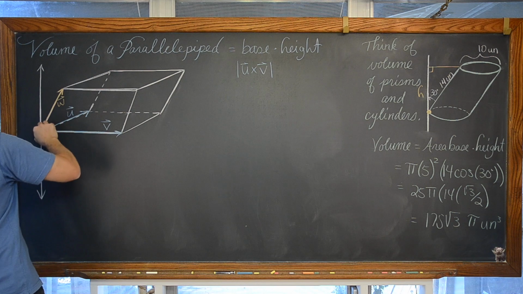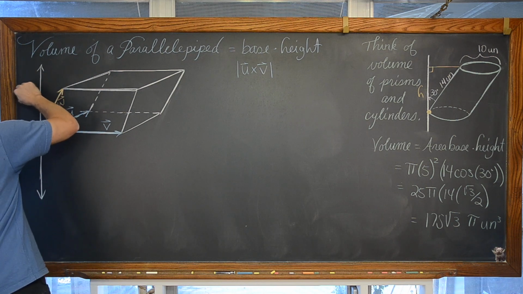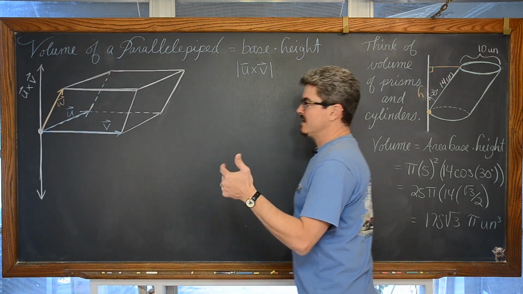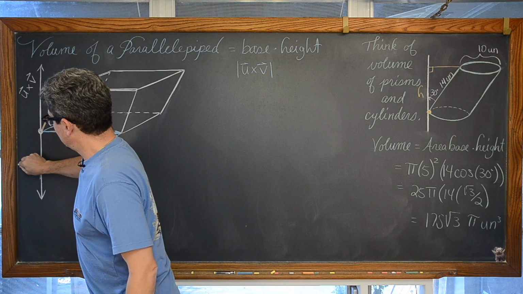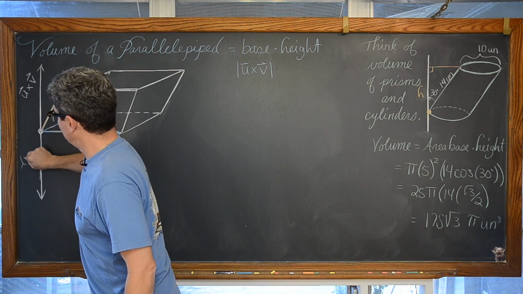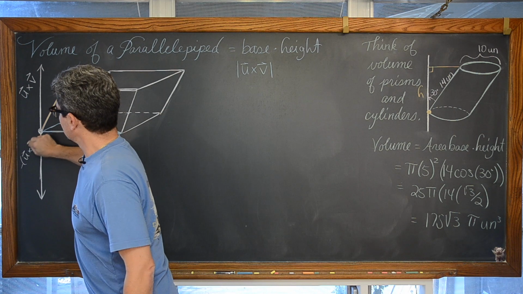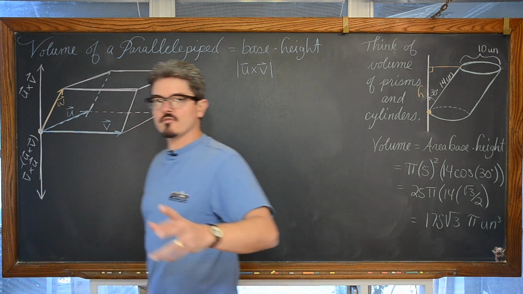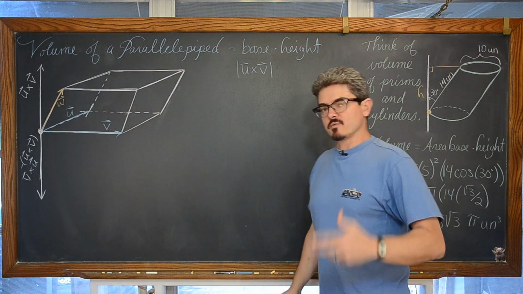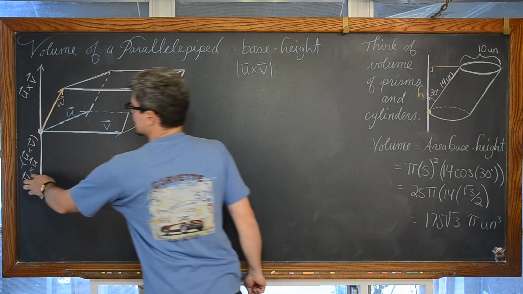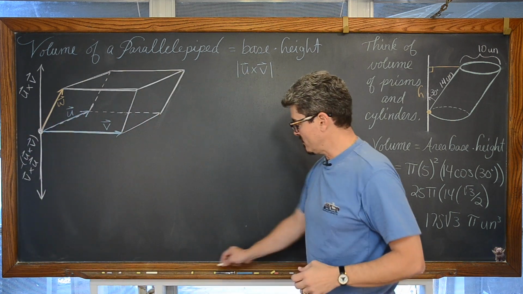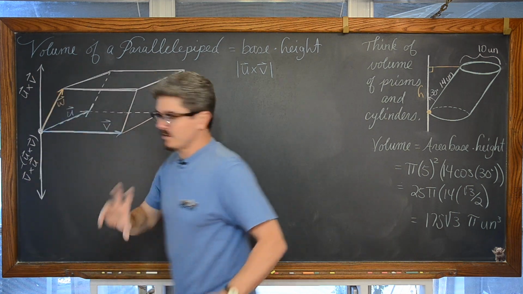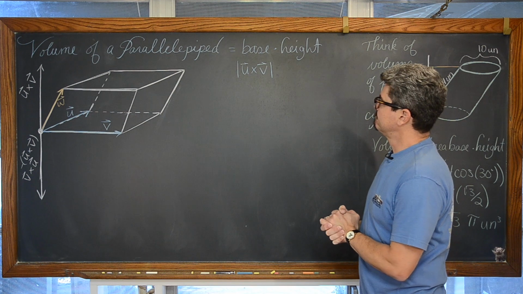And remember that this is vector u crossed with vector v, and if you happen to change the order, you're going to have the opposite of u crossed with v, which is the vector cross product of v and u. So you want to be careful when you do the vector cross product that you keep the order the same as whatever's given to you in the particular question. And we're going to talk about how to deal with the sign change for the difference in order of that vector cross product.